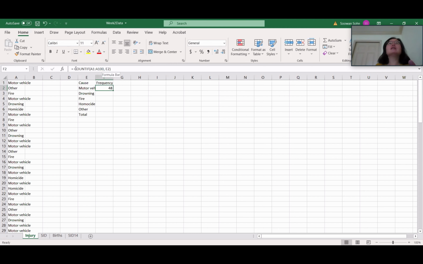Now I go back to that cell, 48. You can see the formula I used. I want to do all of them, count how many drownings, how many fire, or how many homicides there were. You can change this E2, E3, E4, E5, and so on. But you can also use the mouse. So click on E2 at the corner,